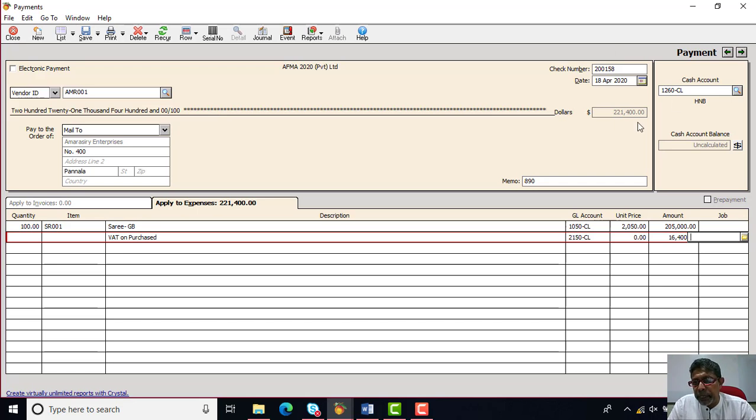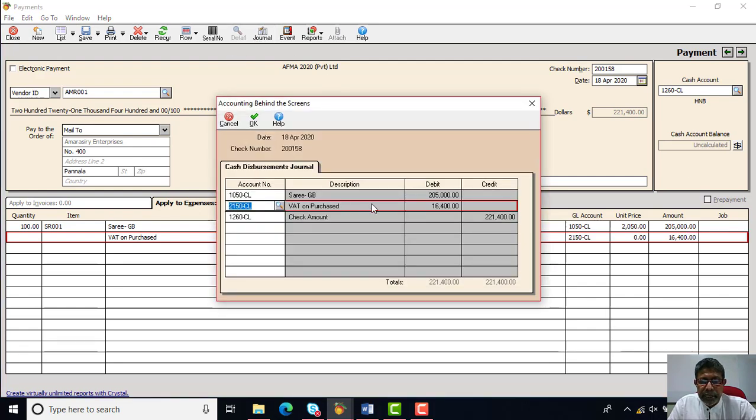So the full amount paid by check number 200,158 is going to be 221,400. That will be credited to the given cash and bank account. Let's look at that journal entry as well. You can see the sarees inventory account is debited and the VAT control account is debited, and meantime the full value is credited to the bank account.